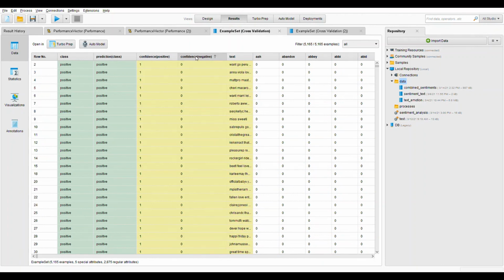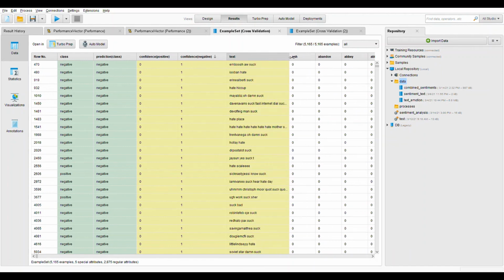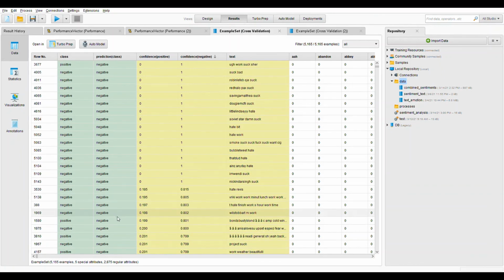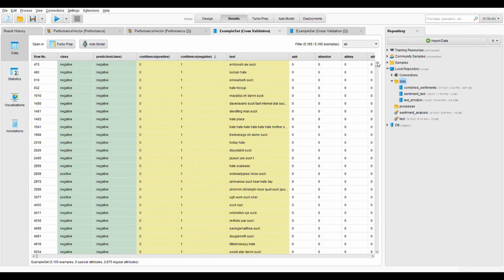So let's order this by negative, and what will we see there? Usually when it's negative, it does a fairly good job of predicting that it's actually negative, though it's not as foolproof as positive. You can probably see some other examples around here. Can we find one? So this was labeled as positive, and the actual label is positive, but it was classified as negative, and it's kind of understandable because the word "suck" is in there, and we think of that as having a negative connotation. And there are a couple other examples here. But in any case,